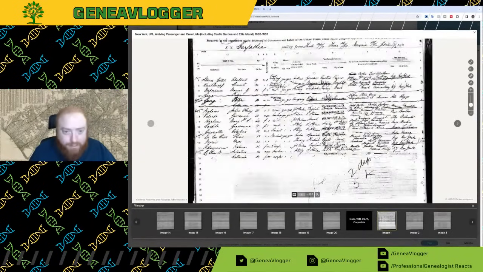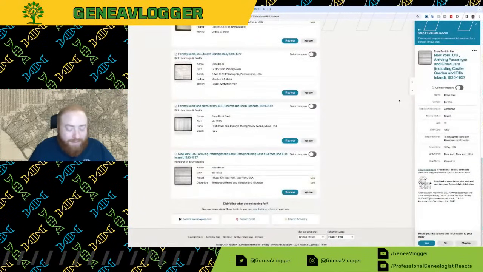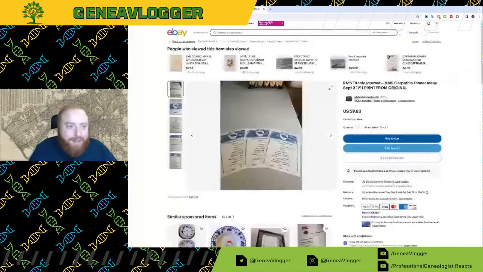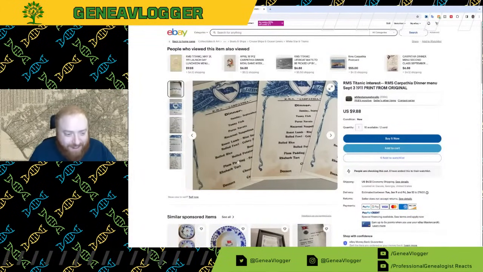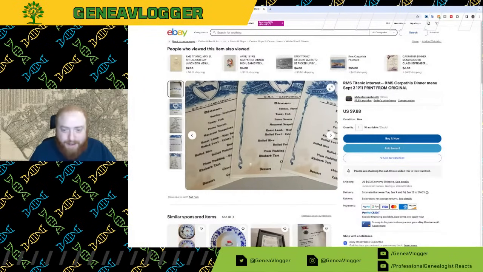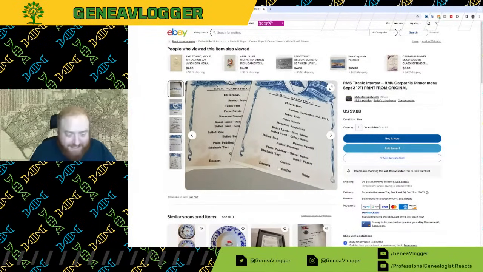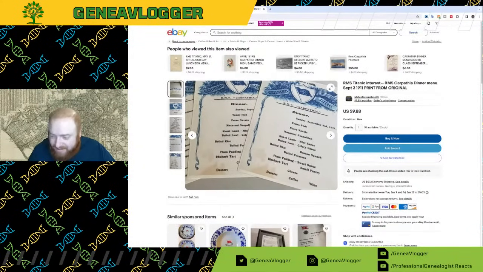When was it? Oh yeah, September 11th. The ship lands September 11th. This is the dinner that they would have had, I guess, depending on what class they were.